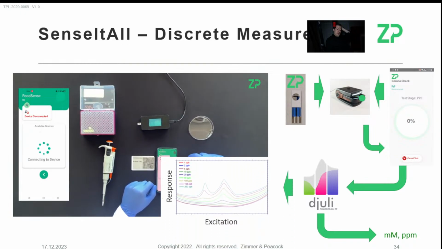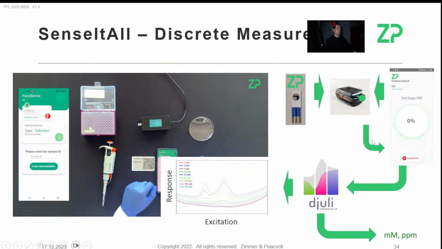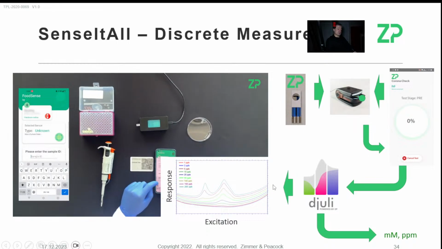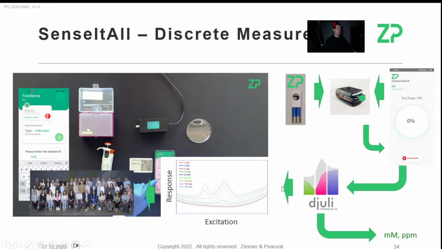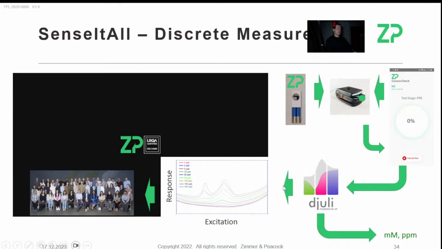And then they also get hold of the raw data, because Julie is a data management system, and they can look at the data themselves. They don't have to show the raw data to the end user, by the way, because end users are not interested in electrochemical data. They just want results. I should have labeled it up here, but Julie also has an API, an application program interface, that allows people to pull data across to third-party databases.